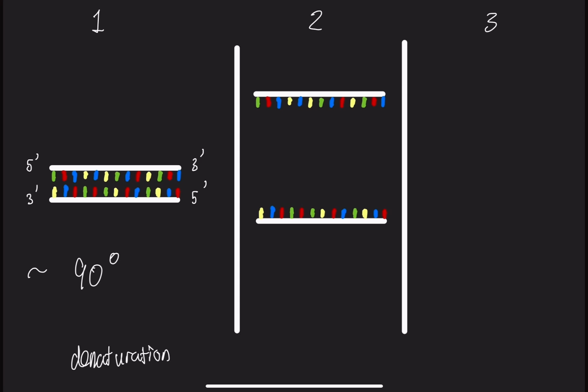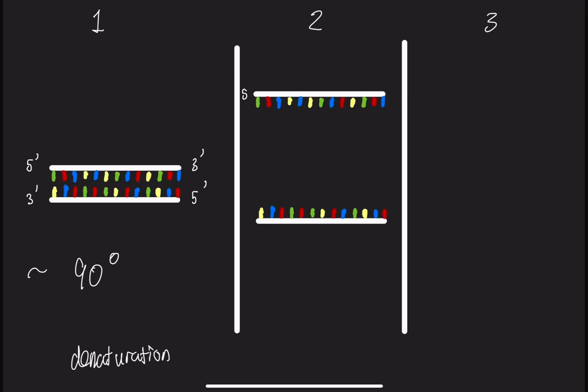So after denaturation at 90 degrees, another note: the way that this temperature is achieved is due to the fact that PCR is conducted in a machine called a thermocycler, which uses temperature variations to manipulate each stage, because each stage, stage 1, stage 2, stage 3, needs a specific temperature, and through the thermocycler we're able to manipulate the temperature so that each stage can be conducted at the right time. Okay, so right now we have split our double-stranded DNA into 2 single strands,